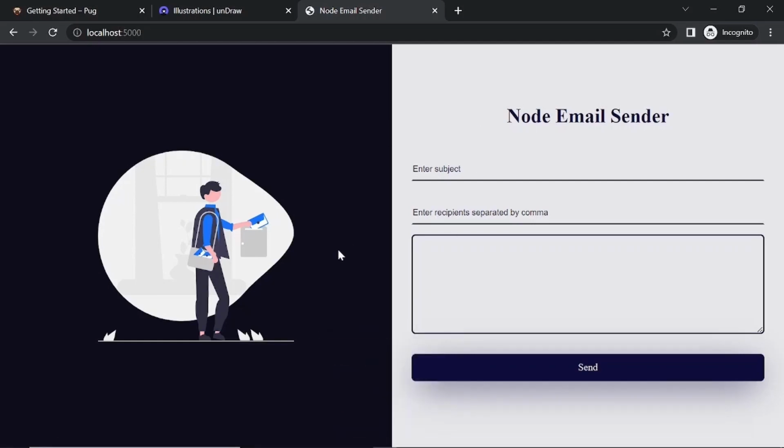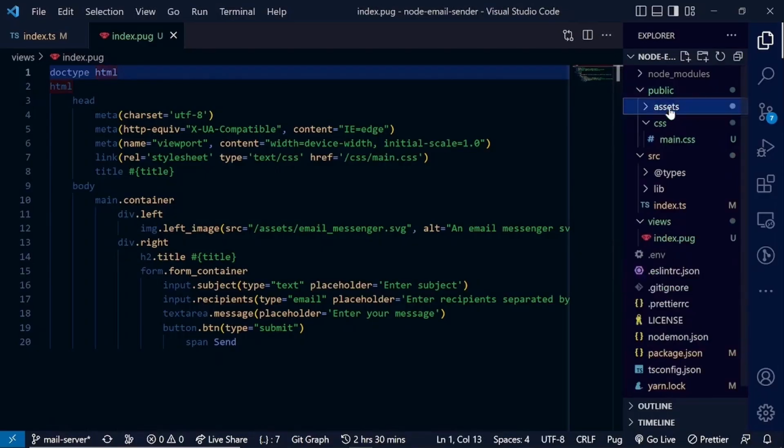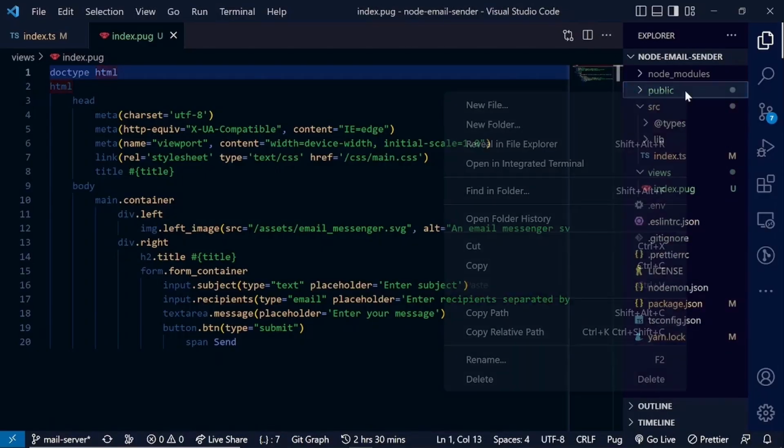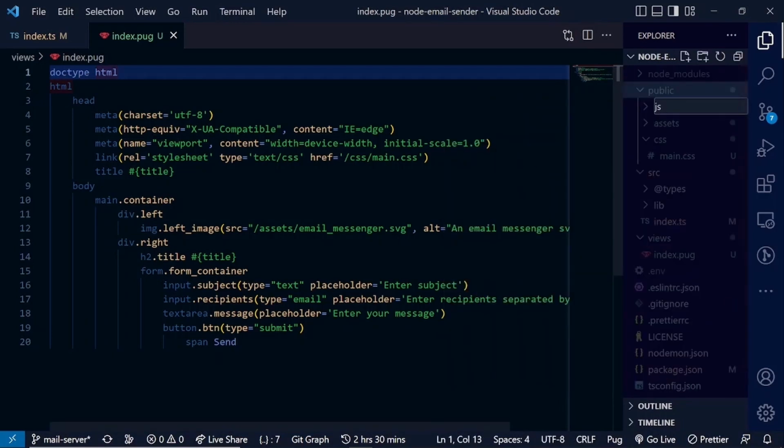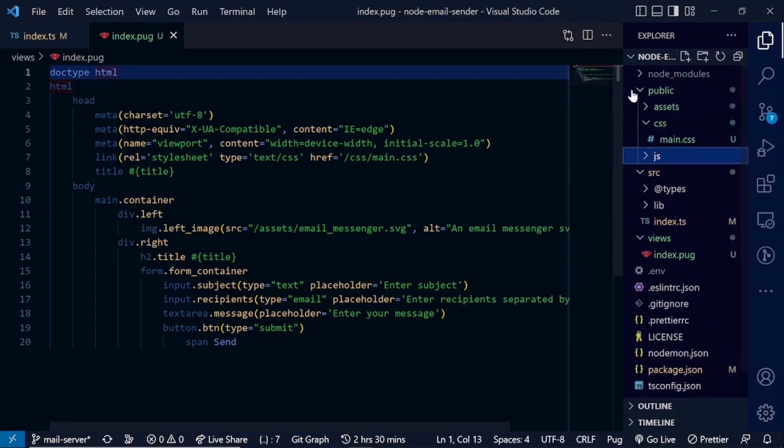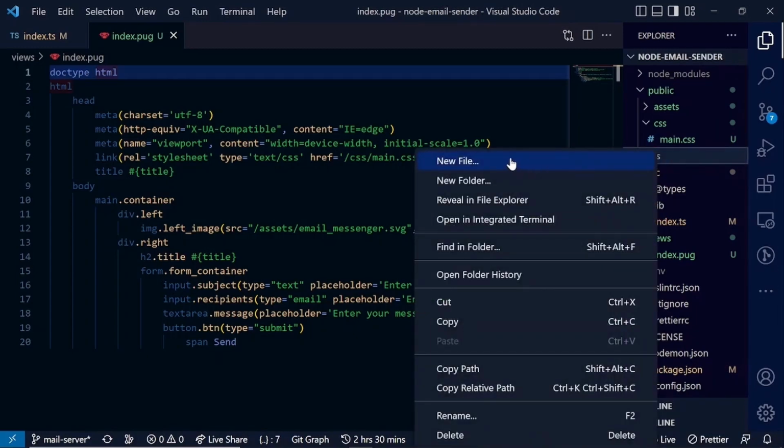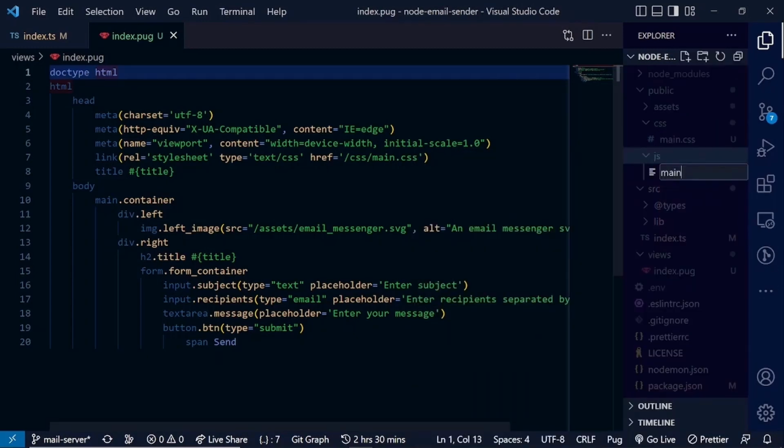Now that we have these things ready, we need to set up the JavaScript part that's going to handle taking this input and communicating with our server. I'm going to go to the public folder and create another folder inside there. I'm going to call it JS, which is going to be a JavaScript folder. Now, what we are going to have here, to avoid clashing with our server index.ts, is